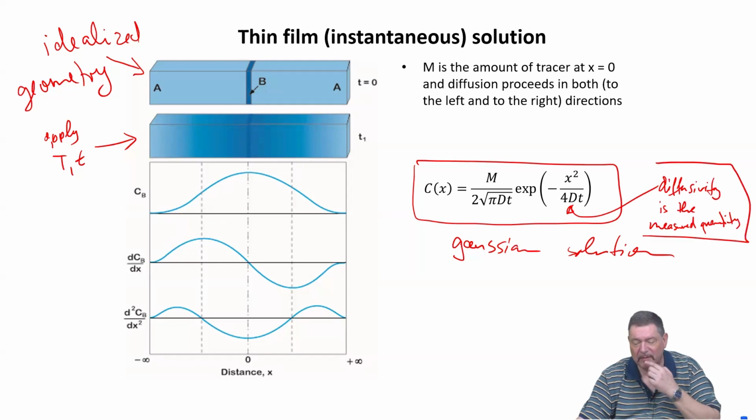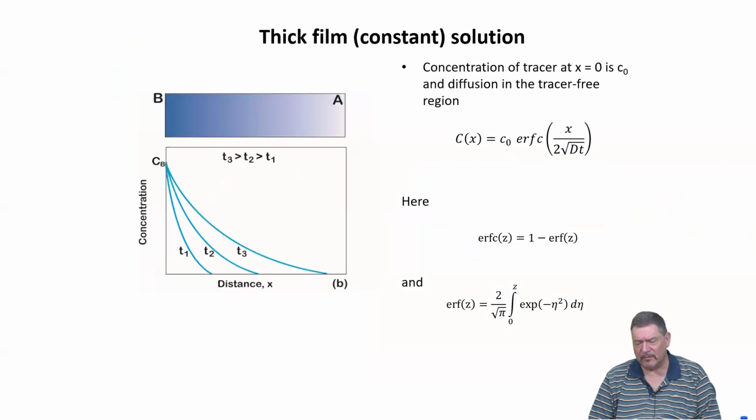Because we know the time and everything else. There is a second way of measuring, which is the thick film or constant solution. And that means, for example, also if you are having a diffusion process inside of an environment, let's say a carburization, a nitridation